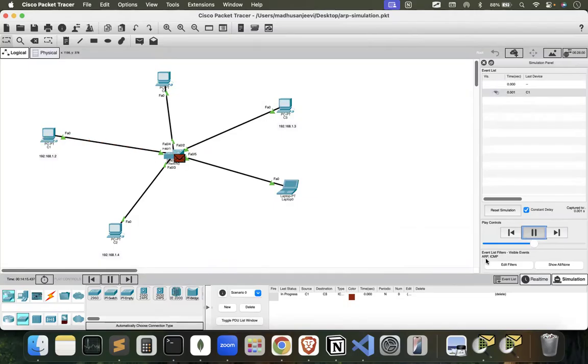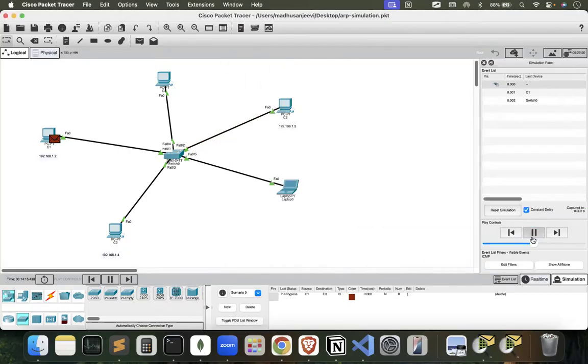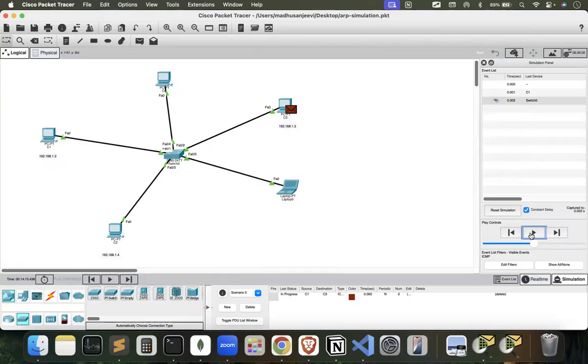You have the ports enabled, so I'll just disable that. So the message goes to the switch. The switch will go here. I would like to pause here. Pause. Now, if you look at the MAC table now,